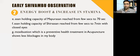The same happened with the Shirshasana, meaning headstand. Earlier, I used to do Shirshasana for a few seconds, like 40 seconds, 50 seconds. But later on, that time increased up to 7 minutes within a span of like 8 or 9 months. And I'm doing Shirshasana with closed eyes for 7 minutes. So with closed eyes, it's challenging. And the next